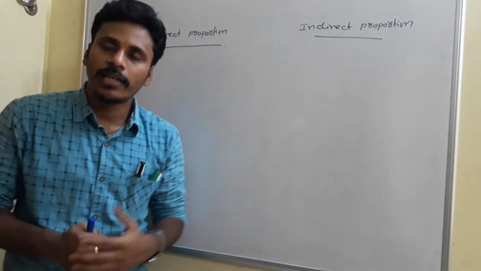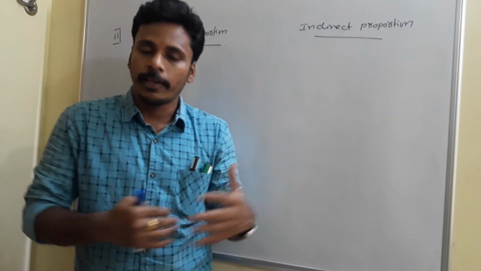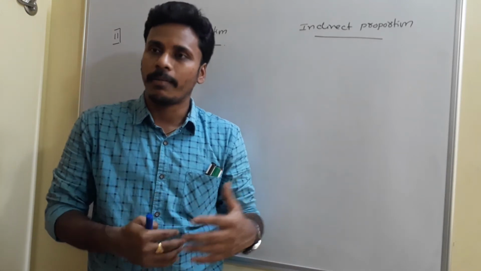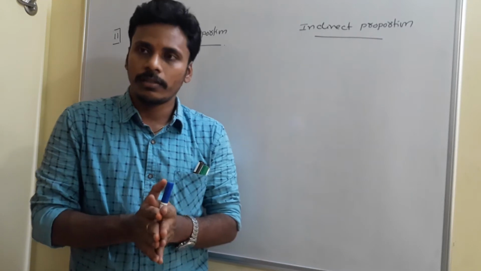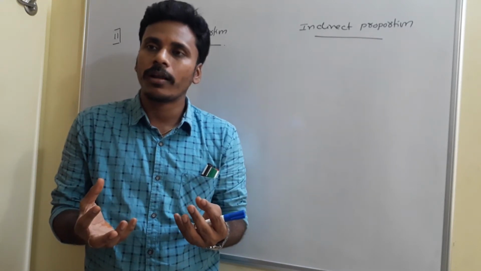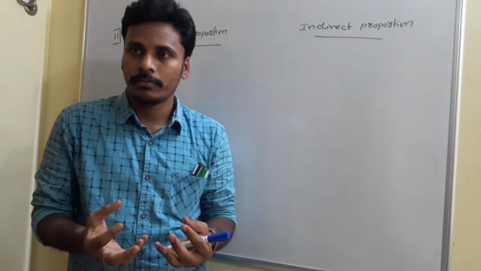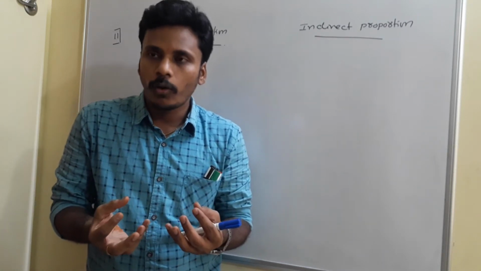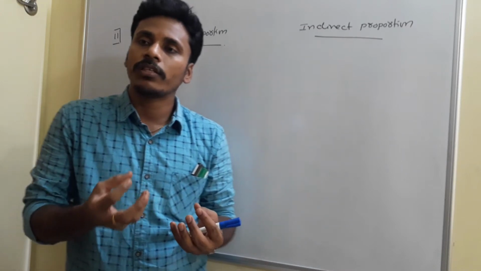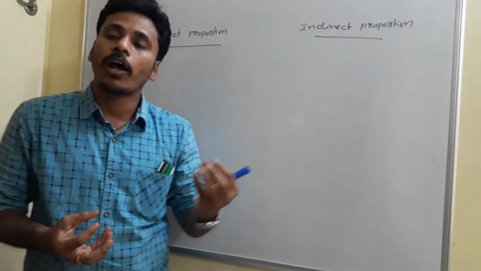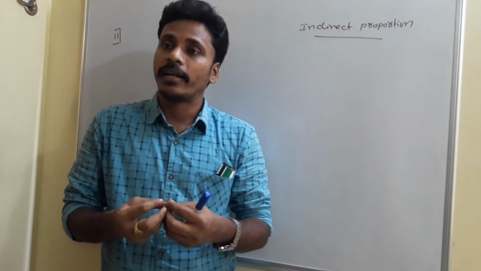Okay. See what a direct proportion is and what an indirect proportion is. That's what we are going to discuss with regular examples, not with numericals, just some examples. See, if two quantities are in direct proportion, it means if the value of one quantity rises, then automatically the value of the other also rises. Then in this case we say those two are in direct proportion.